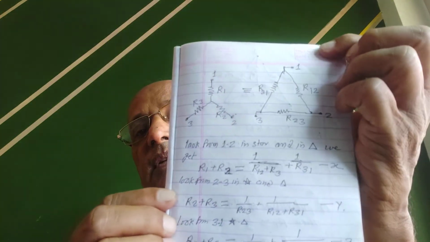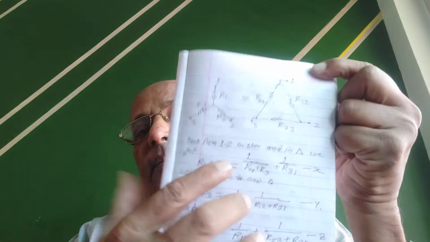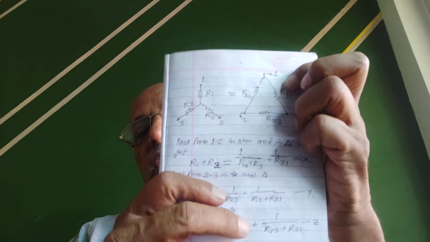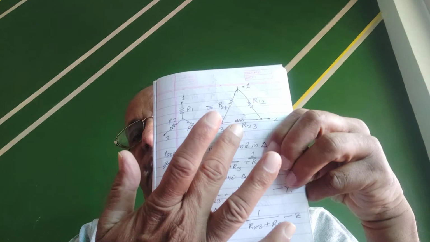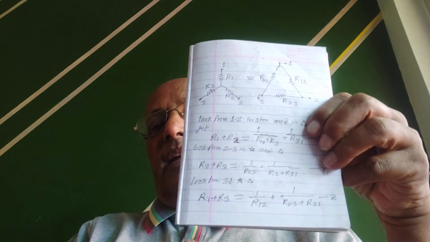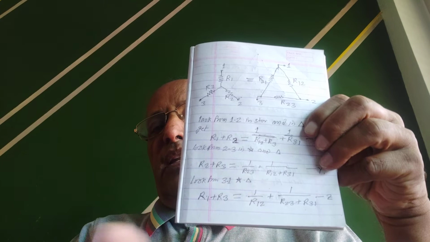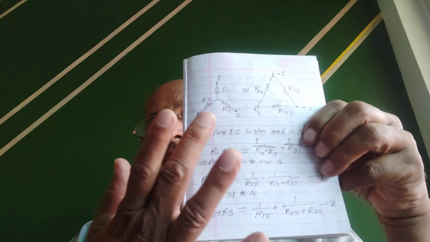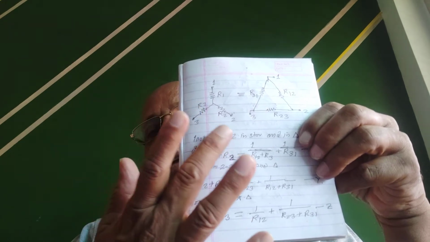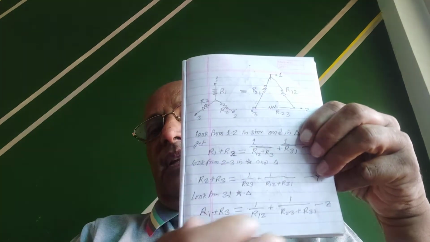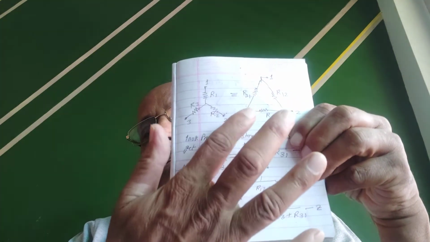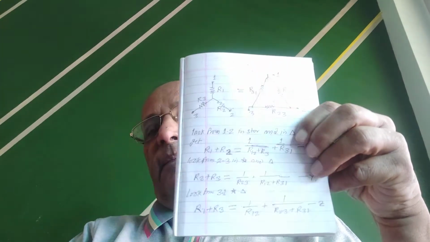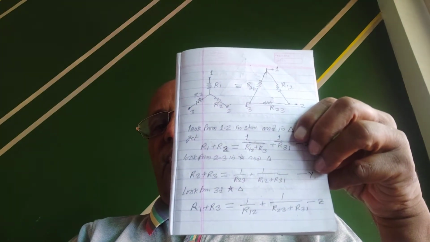You see in this particular diagram there is a star and a delta. Now how to convert star into delta, and delta into star? There are 3 equations and 3 unknowns here. That is the main approach. For star we have taken 3 resistors R1, R2, R3 according to the terminal marking. Similarly for delta we have taken R12, R23, R31 according to terminal marking. Now how to write the equations for this?